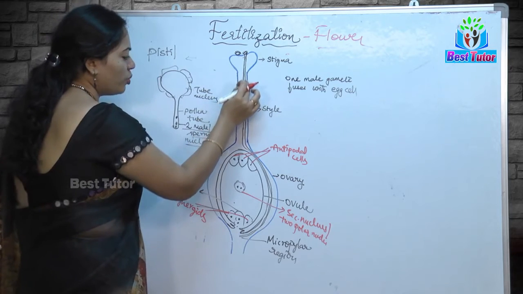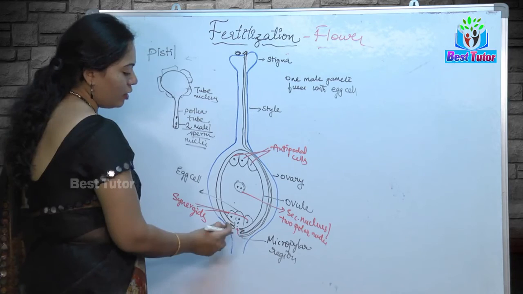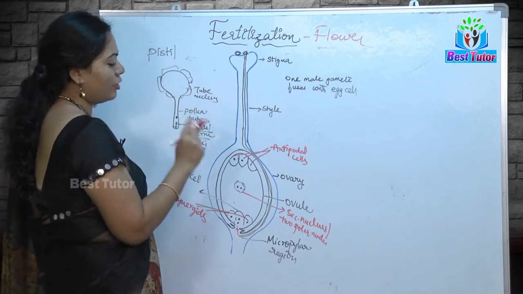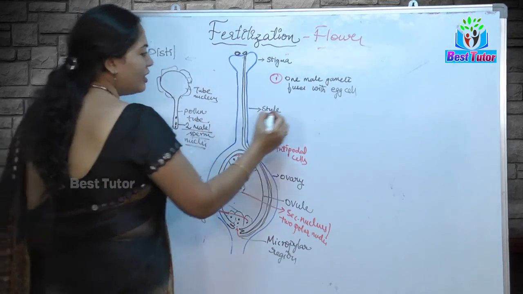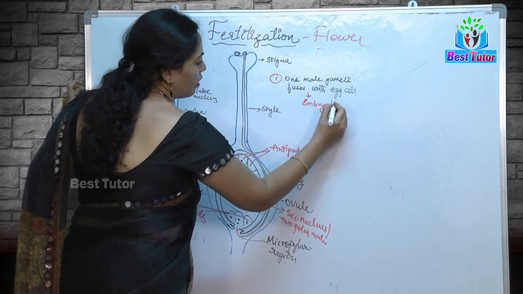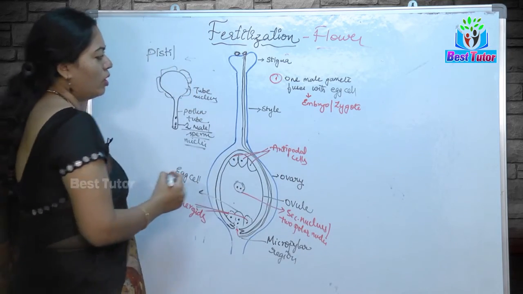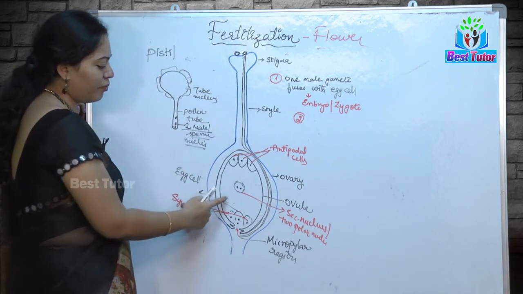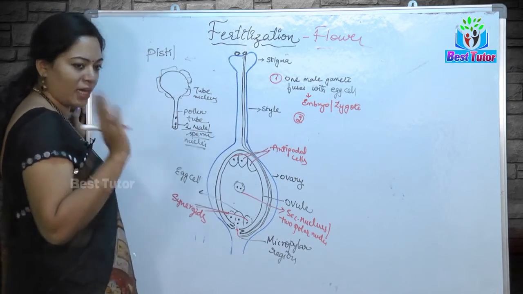Now the pollen tube which has emerged from the pollen grain enters through the micropylar end into the ovule. Once the pollen tube releases the 2 male gametes carried through it, one male gamete will fuse with the egg cell, and this forms the zygote first. After zygote, it further develops to form embryo. Then what happens to the second male gamete? We said 2 male nuclei are being passed into the ovule of the ovary. Now one fused with the egg cell and formed the zygote or embryo.